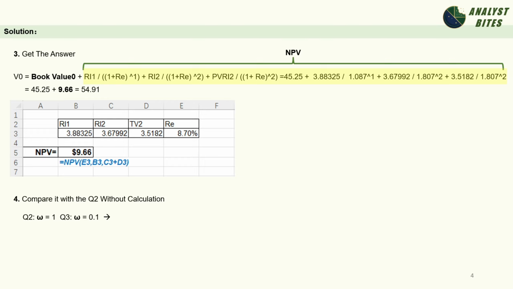That's the airline. It flies forever. This scenario has a persistence factor of 0.1. That's the heavy ball. It drops quickly. Obviously, the airplane creates more excess value for shareholders than the falling ball. So without doing any math, you know the value in this question must be lower than the constant RI scenario. Sometimes logic is faster than a calculator.